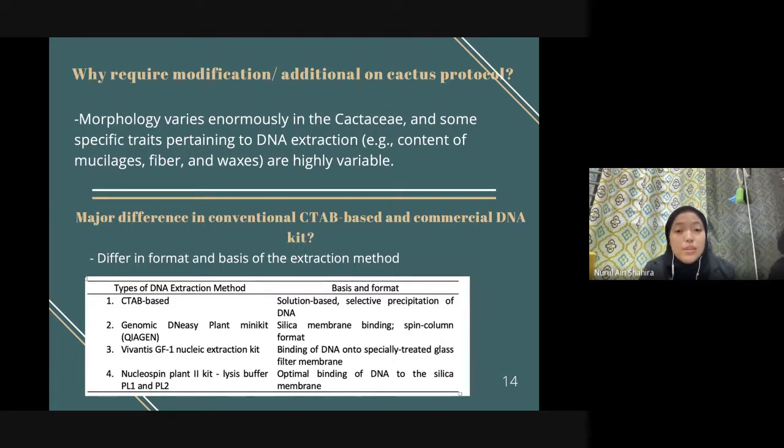For the CTAB-based, it is solution based, and it allows the precipitation of the DNA. Meanwhile, the DNA extraction kit is silica membrane based, which requires silica for binding with the DNA. So comparing these two extraction protocols, CTAB-based was the most reliable method as it is solution based, acts as a cationic detergent, and is also able to solubilize lipid, cell wall, polysaccharide, and also enzymes and proteins that prevent DNA from hydrolyzing and also preserve DNA from degradation.